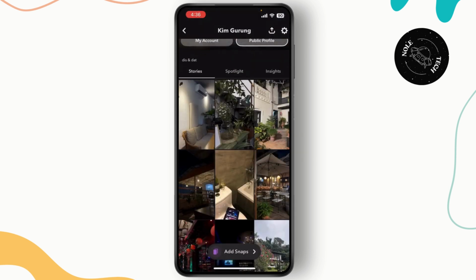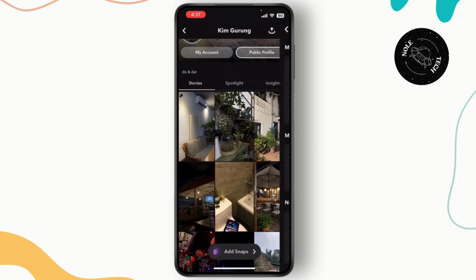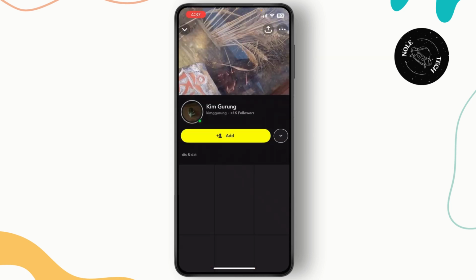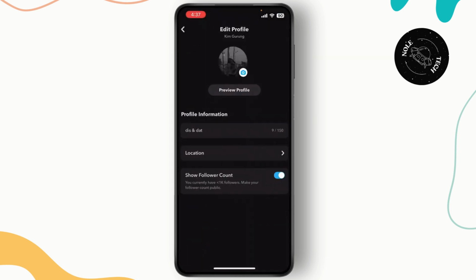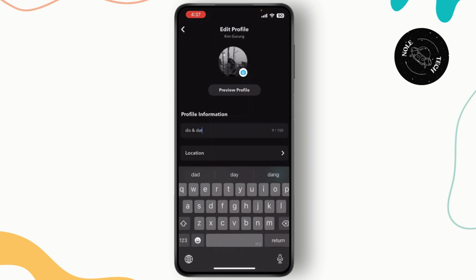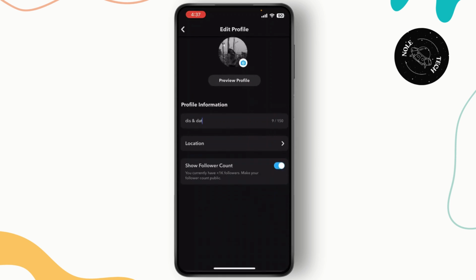You'll be prompted with get started. Tap on it to continue. After tapping get started, you can customize the public profile. You can add a display name, upload a profile picture, simply add a bio so people can learn more